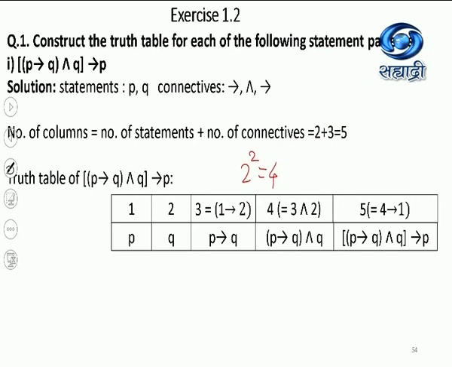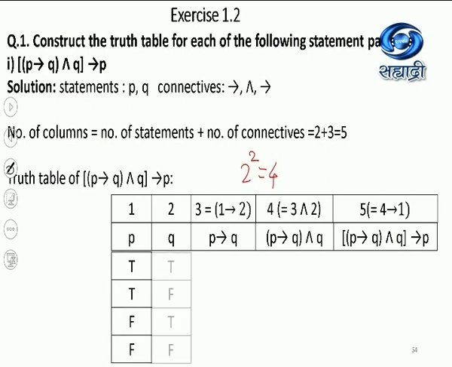By now you should remember the truth values of P: if two statements are there, they will be TTFF. For Q, it will be TFTF. Now, to write the values in the third column, I am using P implies Q. So, actually, I am using column 1 implies column 2. You can use a pencil or use the fingers. I have told you how we use the fingers.